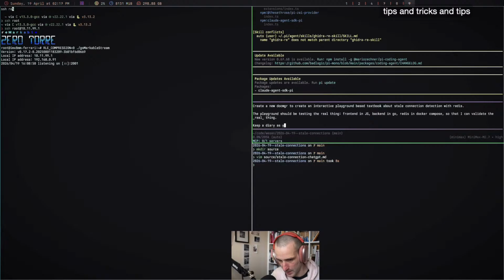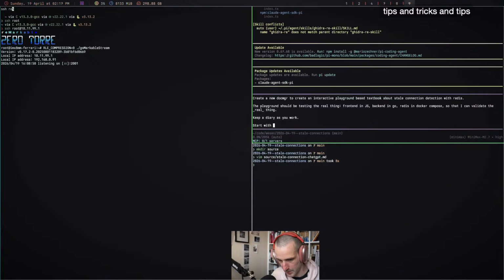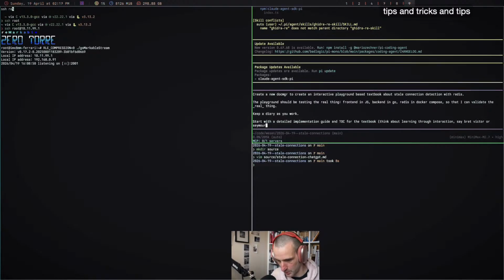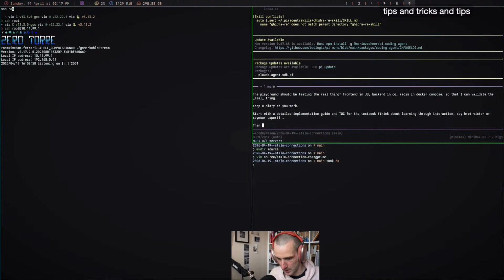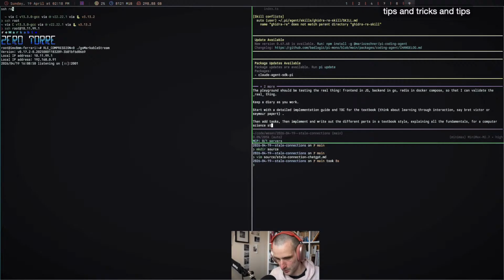Keep a diary as you work. Start with a detailed implementation guide and table of contents for the textbook. Think about learning through interaction, say Bret Victor or Seymour Papert, people who talk about this kind of interactive thing. Then add tasks, then implement and write out the different parts in a textbook style, explaining all the fundamentals for a computer science student.